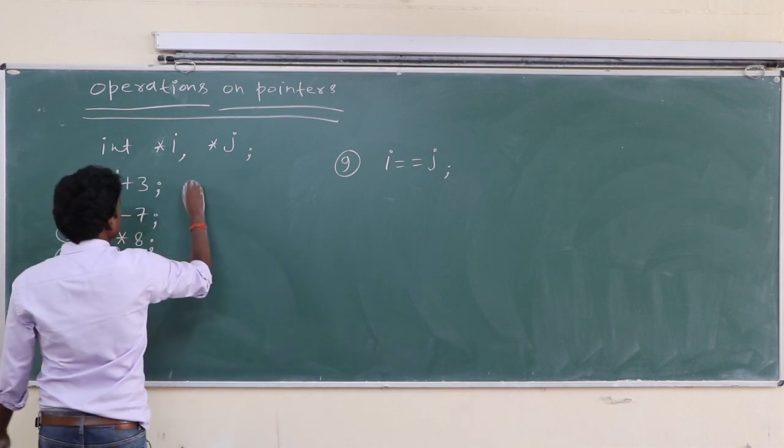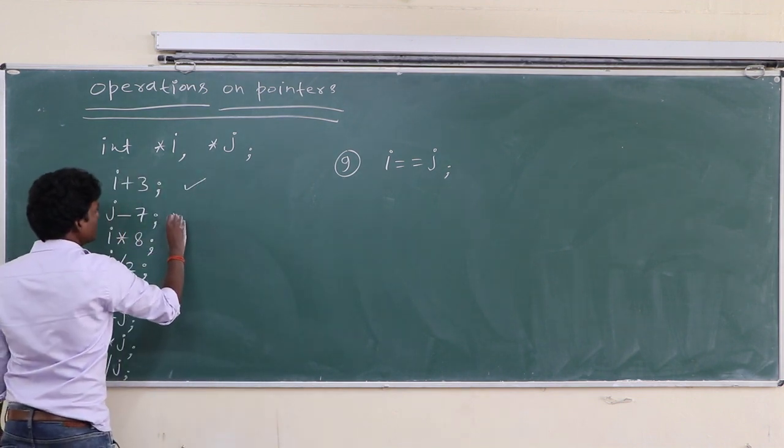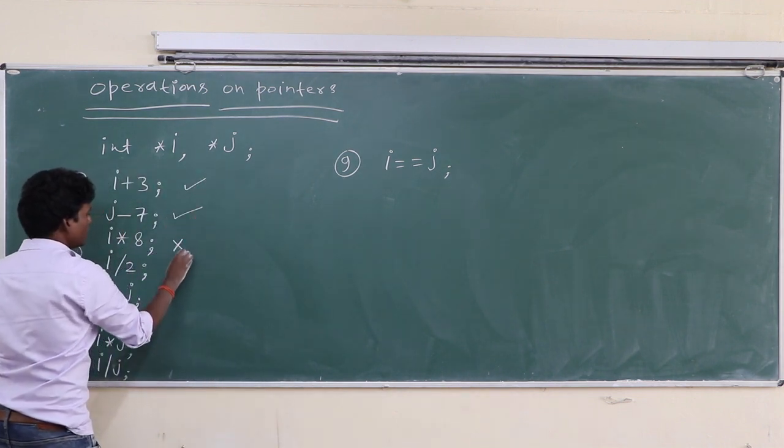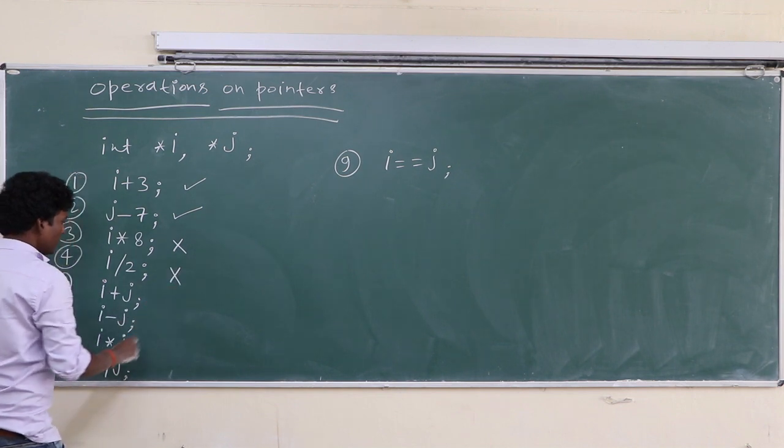Class, this one is true, this one is also true, this one is wrong, this one is wrong, this one